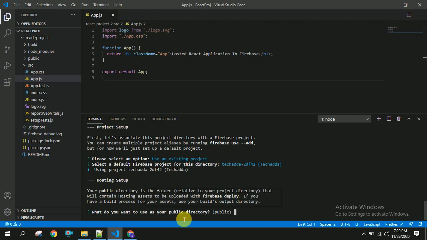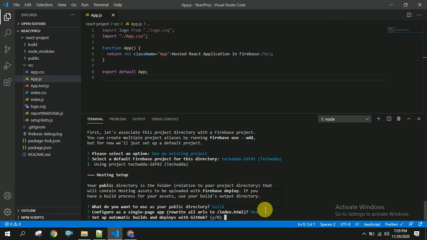It is asking what you want to use as your public directory. We want to use this build folder as our public directory. I am writing build here, and once you click on enter, it will ask whether to configure as a single page application. Yes.